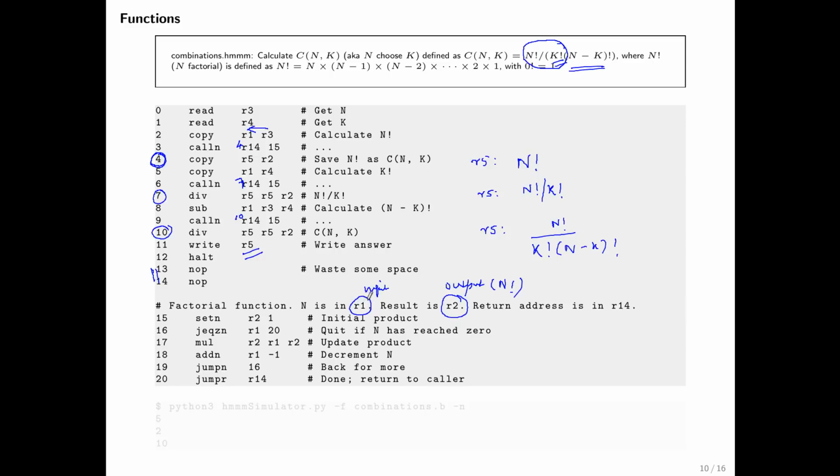So the input is in R1, that's n, and the output is in R2. That's n factorial. So the first thing that we do is we store the constant 1 in the register R2, the result register. And then we check if the input register is 0 or not using this conditional jump instruction. And if it is 0, we simply jump to 20, which is this line here. And from here, we jump back to the caller. But if R1 is not 0,